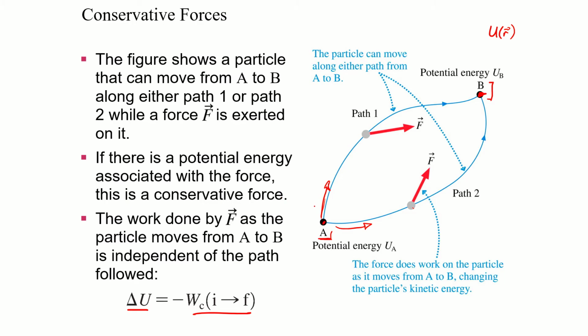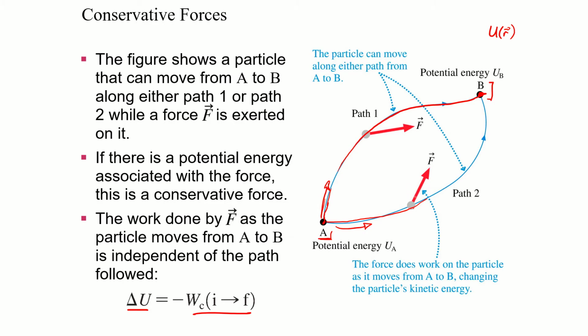To give you an example of a force that is path dependent, friction. Friction doesn't really depend on position or anything. If we think of kinetic friction, it's just mu k times the normal force. But if we think of the work done, if I go along path 1 here, that work done is just going to be that force of friction along this path. The force is always going to be opposite the direction it's going. So it's essentially the magnitude of the force times the distance that the particle would travel along this path. If I take a different path that's a different length, I'm going to do more work. That friction is going to be applied over a larger distance.